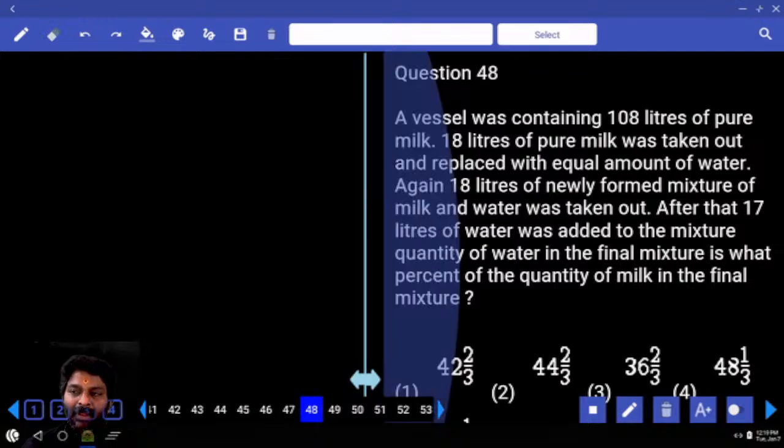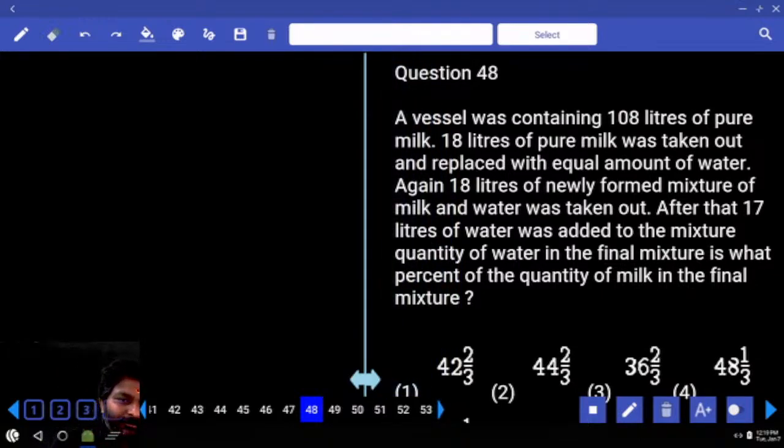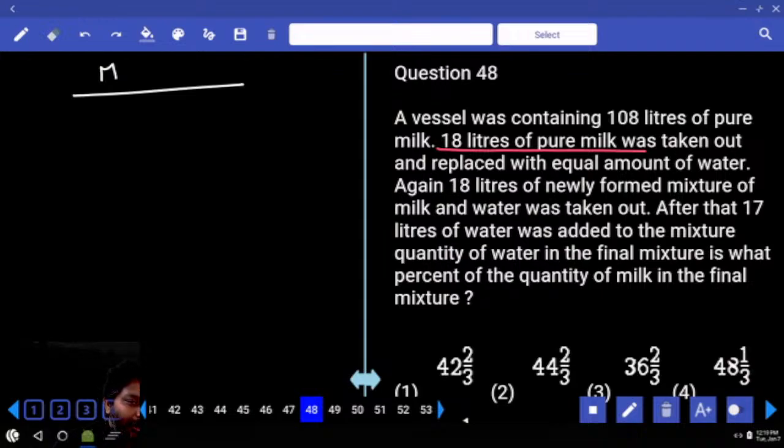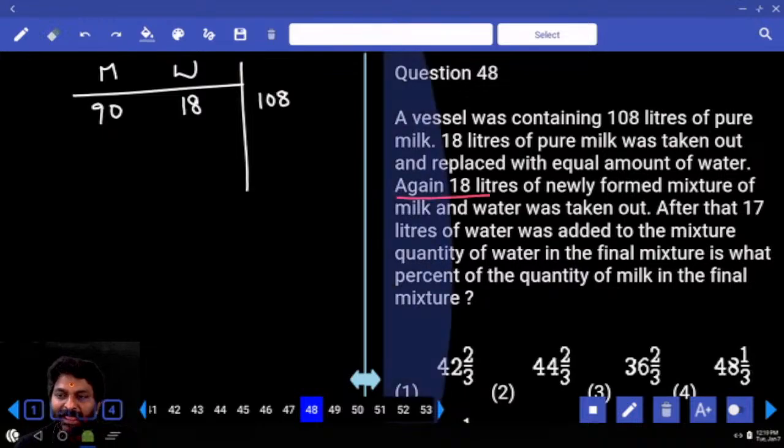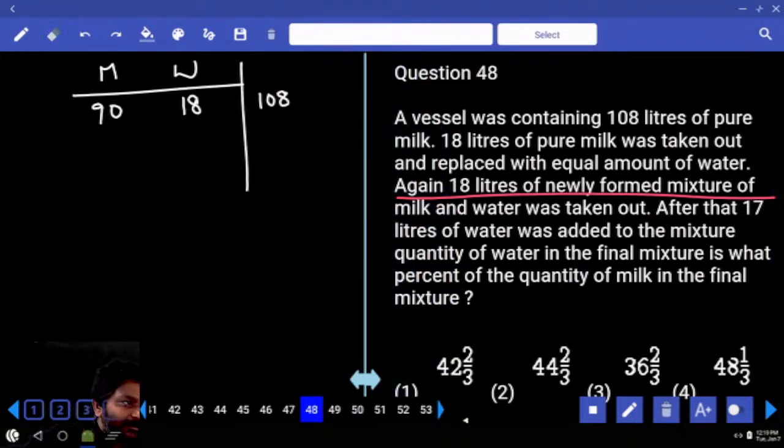Okay. How many liters of pure milk we have? Right. 18 liters is taken out. How much do we have? 90. How much water is added? 18. Now what is the total quantity now? 108. Okay. Then again 18 liters is taken out, right? 18 as a fractional part with respect to 108 is